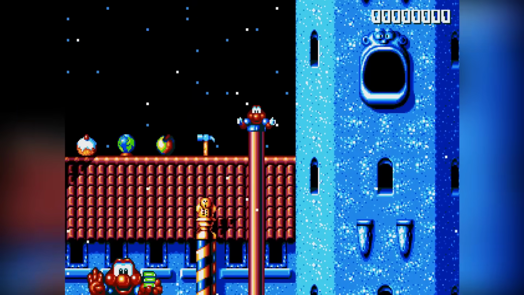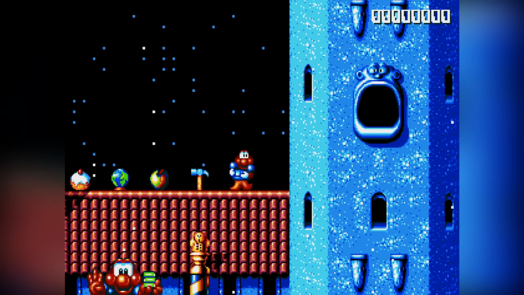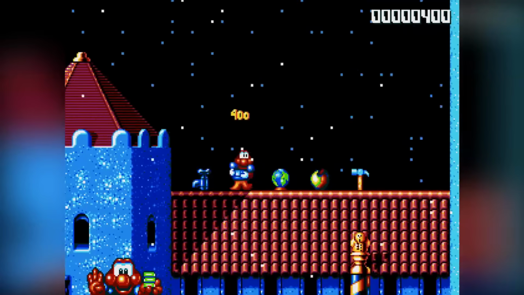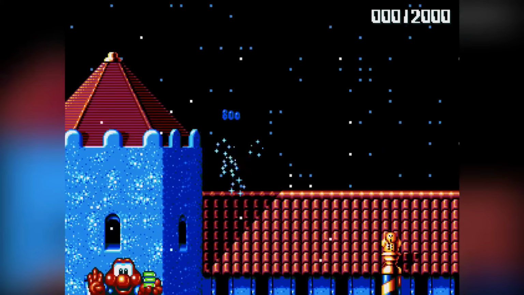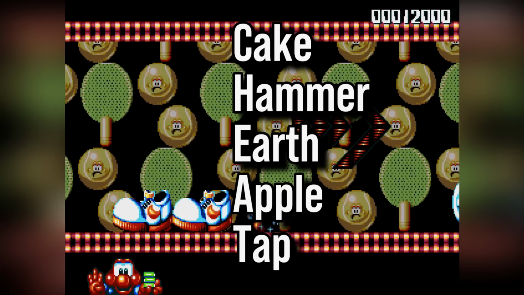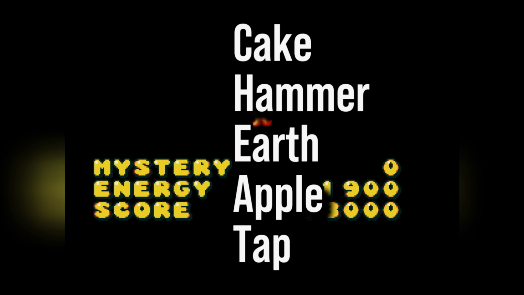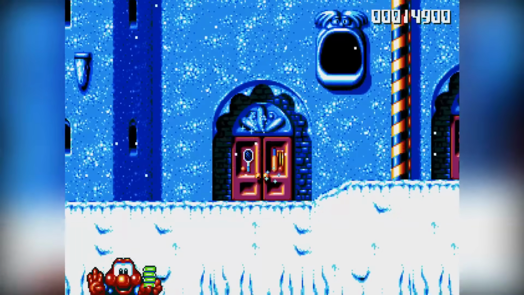again. At the beginning of the game, jump onto this roof here and collect the items there in the following order. Cake, hammer, earth, apple, tap. The first letters of which spell the word cheat. Then simply walk left instead of right on the very first level, and hey presto, you've unlocked the entire game